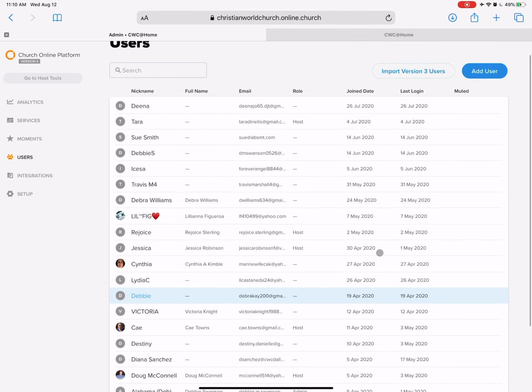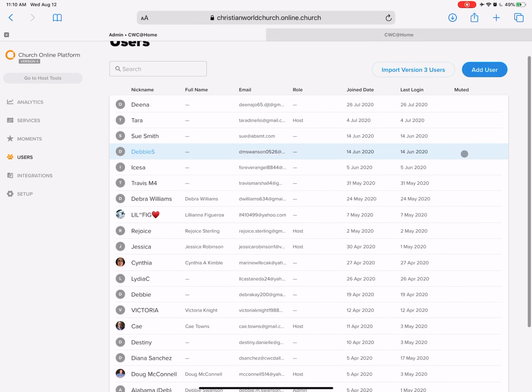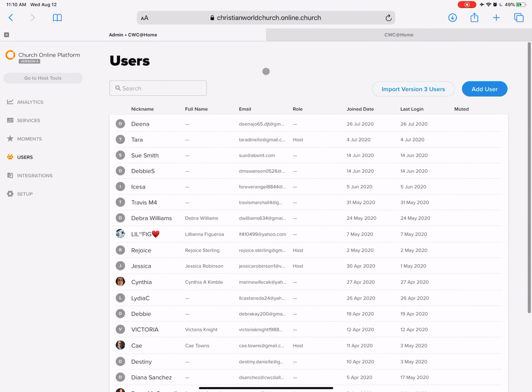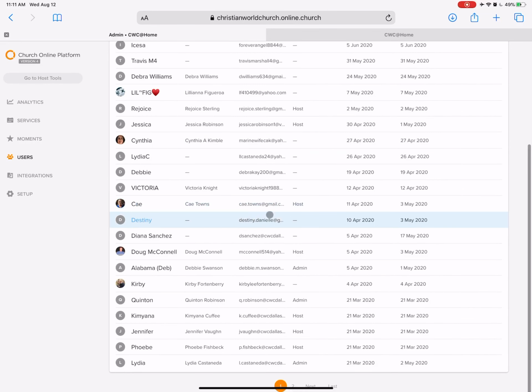That's just a really cool way of leveraging this. We've got to figure out how we can leverage this information. It needs to be more than just data. It needs to fulfill the vision, and that is to help someone take their next yes. Okay, so again, you can see all of these different fields here. I believe that muted has to do with people that are just acting foolish. If we have people trolling, I don't see anybody on here, but essentially that's it. It captures any nickname they want for themselves, their full name, email. They can give us as much or as little as they want to, and I think the bare minimum is an email they have to create. Just something to be aware of as it relates to all of that.